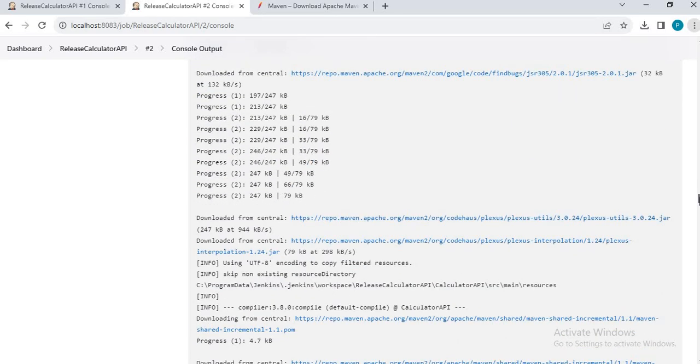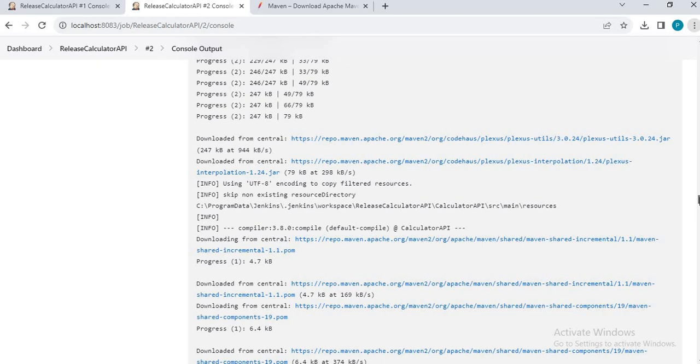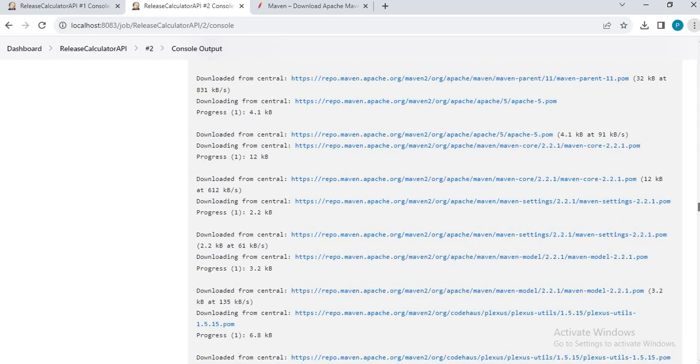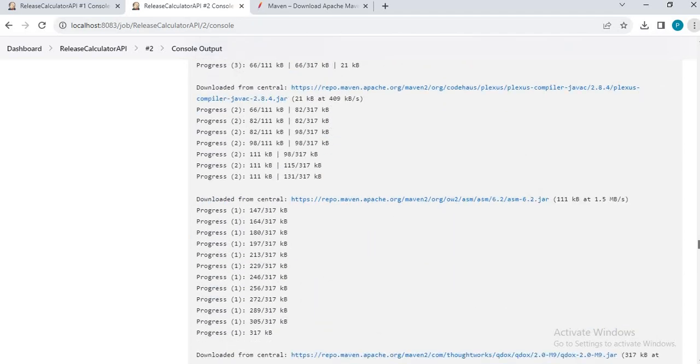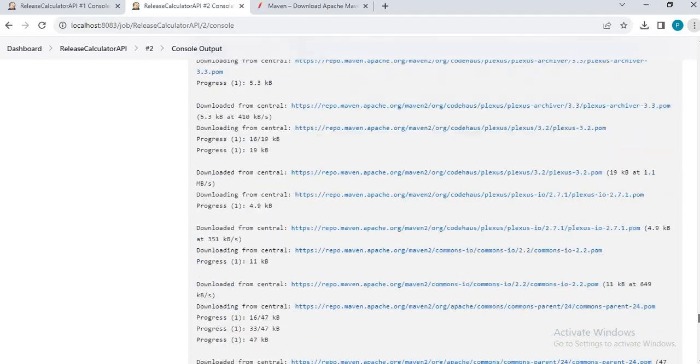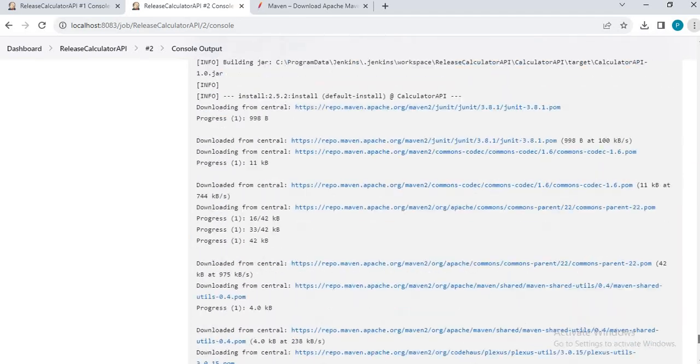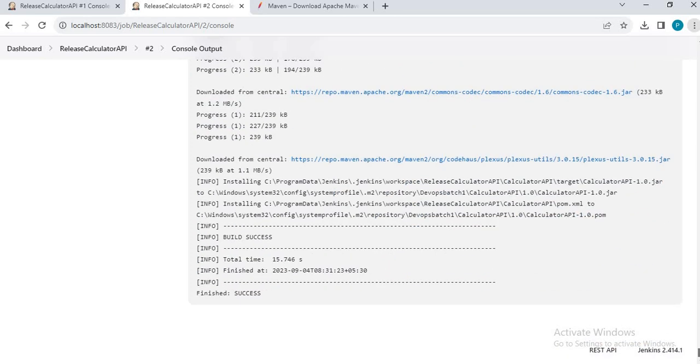Okay, let's scroll down, and here the downloading is done. Let's check the clean execution. This is still downloading. Okay, let me scroll down. Yeah, here. So download is done, then the compilation would be done, and ultimately the package would be created.